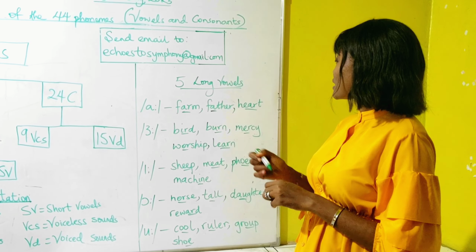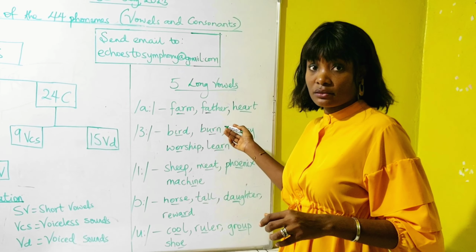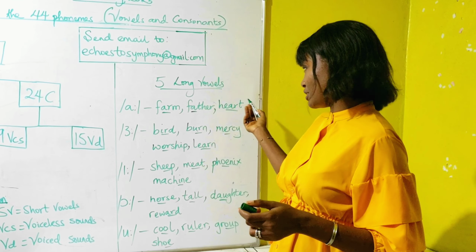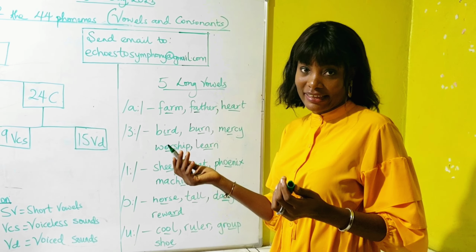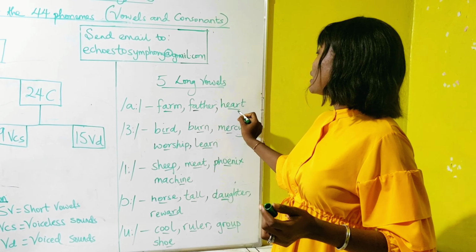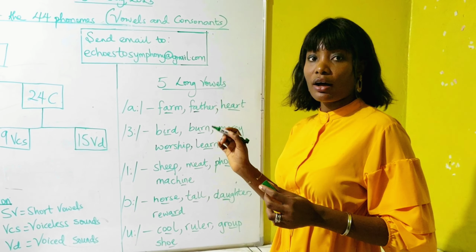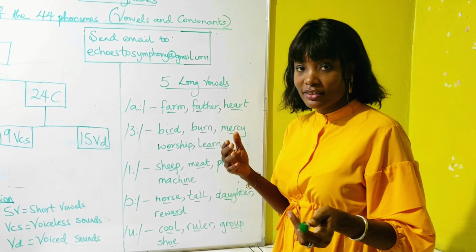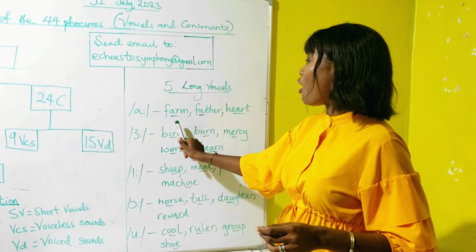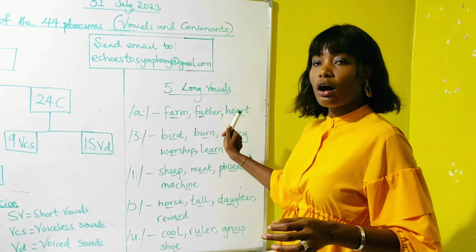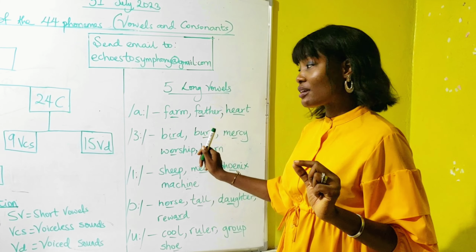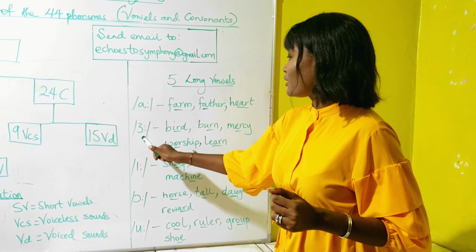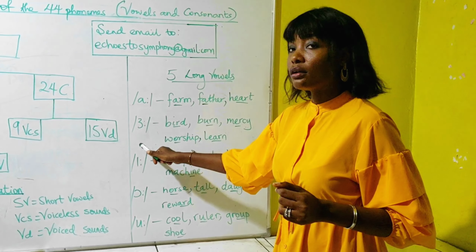And then we have an exception. This is not very common. It's not every EAR word that makes the R sound, but I just added it here for variety's sake, okay? So we have EAR making R in heart, my heart, your heart, okay? So farm, father, heart. Take note of the R sound. Very good. Now let's move on to